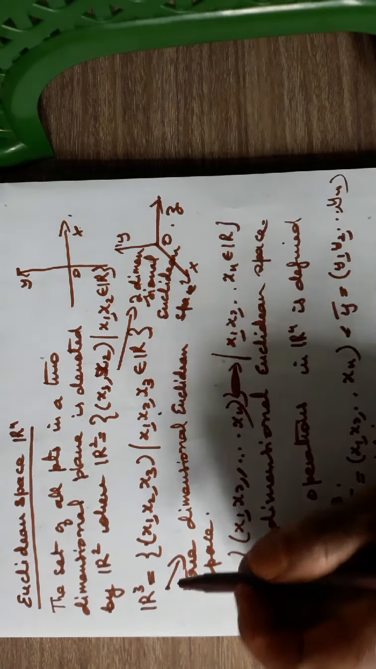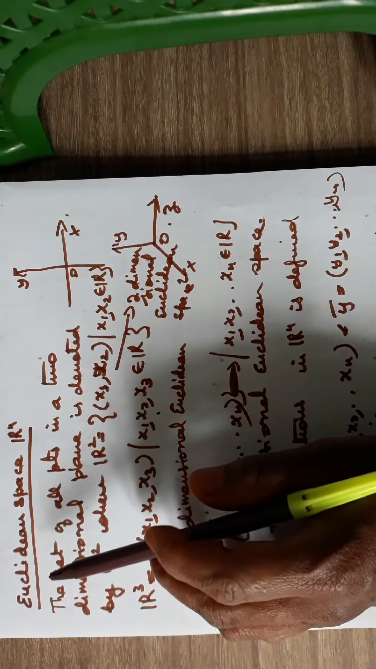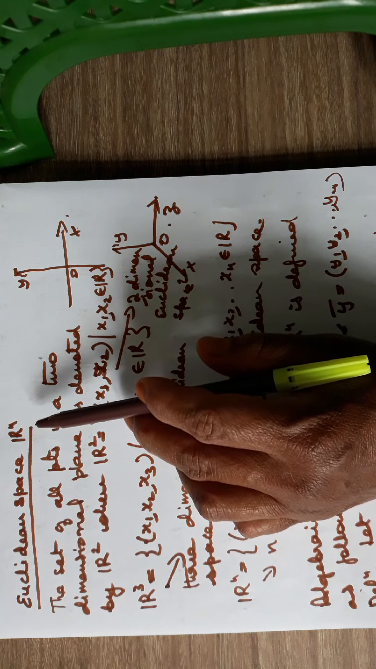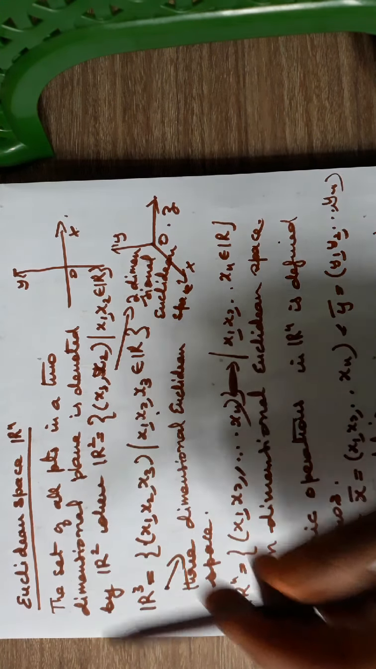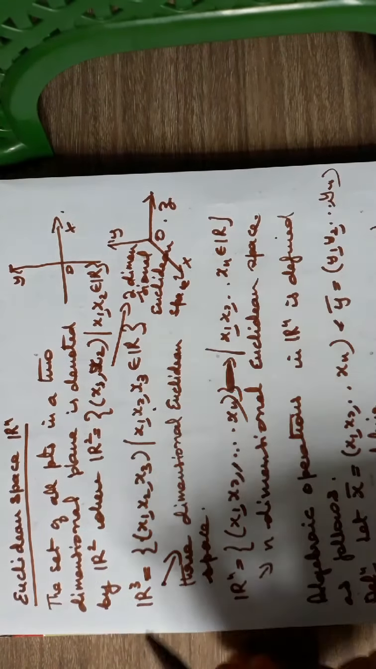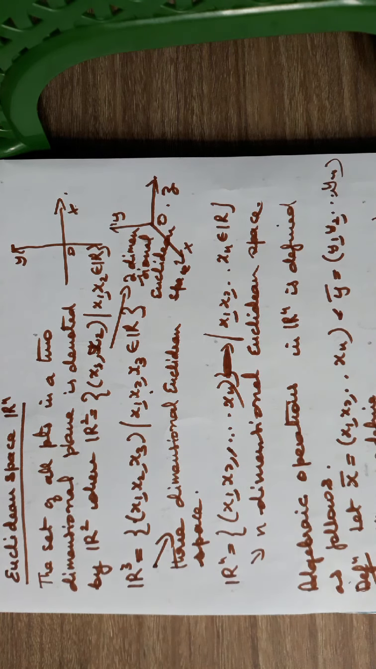Let me start with the explanation on Euclidean space. So here, by Euclid, it is in Unit 5 or Unit 4 of Advanced Calculus 2. The notes I've already sent to you. I just want to explain to you what is meant by Euclidean space and some of those basic properties